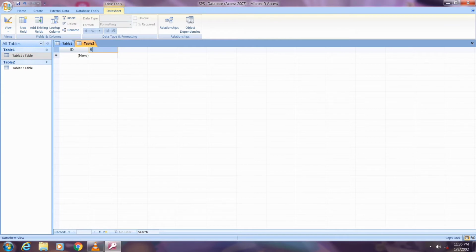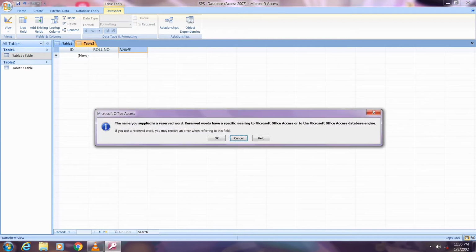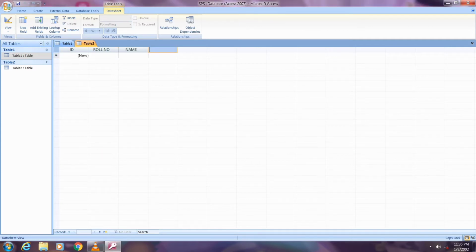Then move to the second cell. We only have to press the Tab key or arrow key. After roll number, I am writing here name. Then to move to the next, after name, I am typing the phone number.